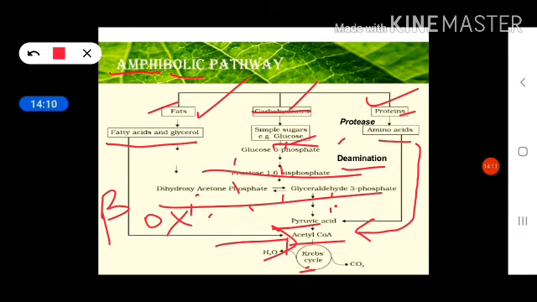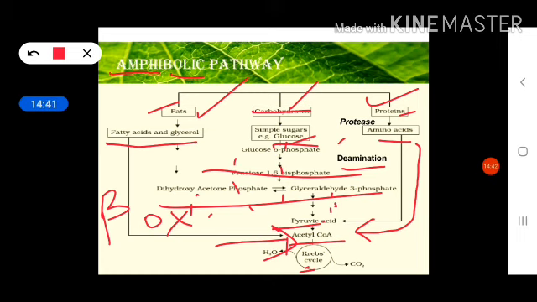Because if we compare fat and carbohydrate, the number of carbon atoms is comparatively less in proportion to the overall structural formula. So less CO2 is released as compared to the oxygen utilized for its breakdown. So the number of oxygen molecules is more. If in the ratio the denominator is higher, then the ratio will always be less than 1. So for fat, one example being tripalmitin, the RQ will be 0.7.